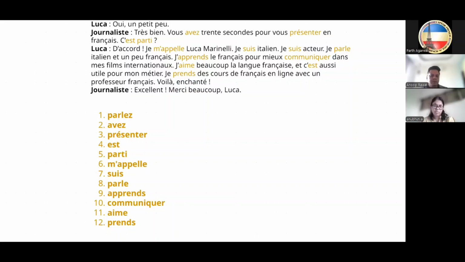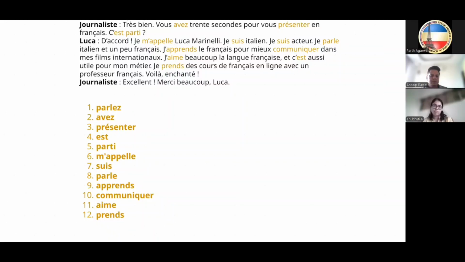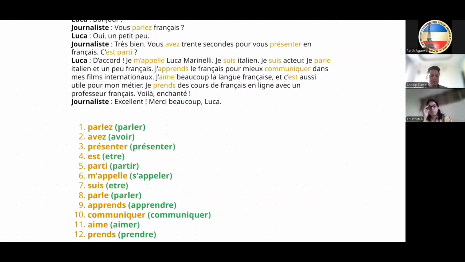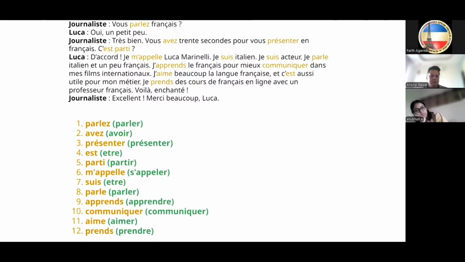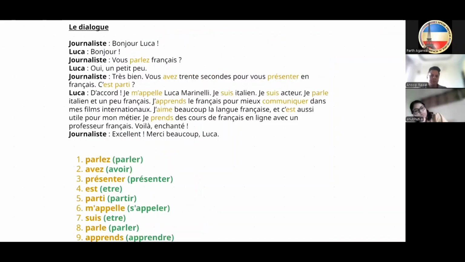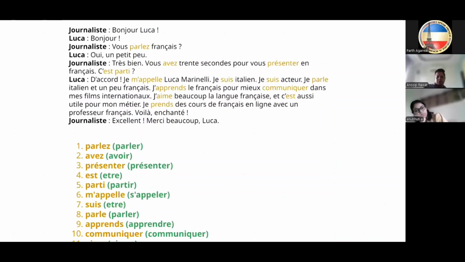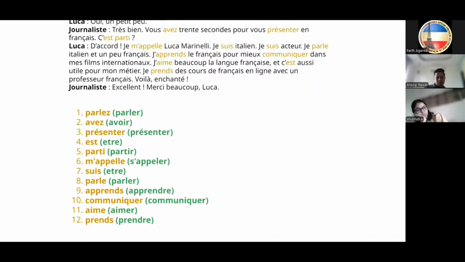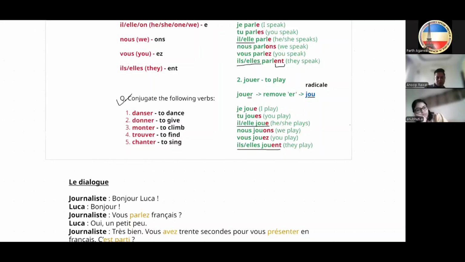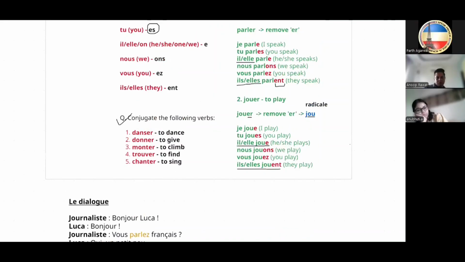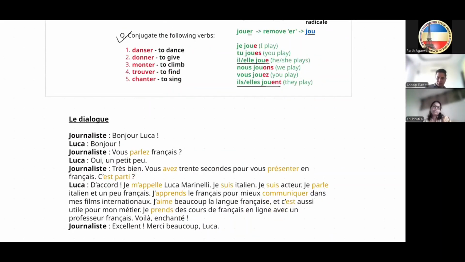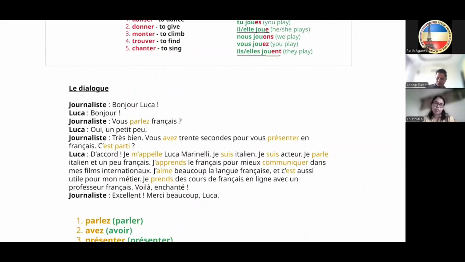But my main agenda in making you do this work was so that you learn how to identify the verbs in a given text, and also the usage of the verb, how the verb is being used. We have learned how to conjugate the verb. We have learned how to say I speak, you speak, I play, you play. We have done these conjugations. But how and where will we use these verbs? This is how the verbs are used.